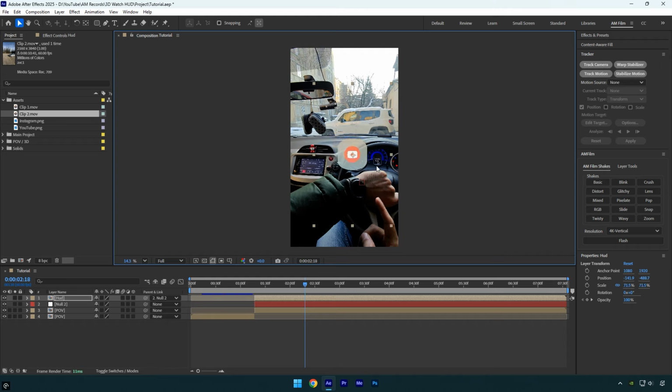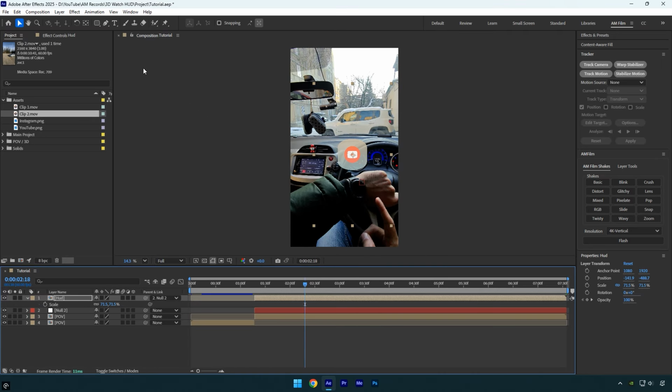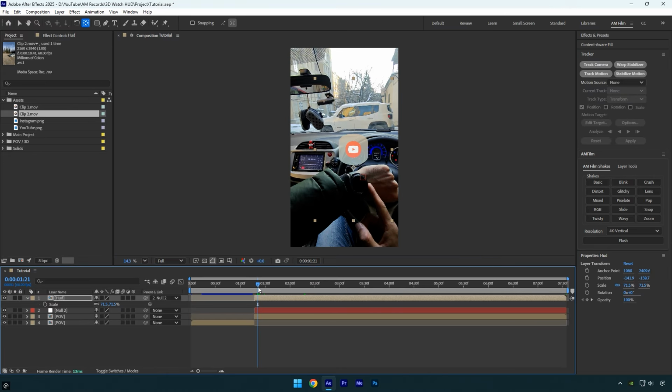I forgot one final step, animating the HUD appearance. Begin by adjusting the anchor point so scaling occurs from the desired location rather than the center. Select the anchor point tool and drag it downward. Navigate to the moment where interaction with the watch begins, set the scale to 0%, and add a keyframe by